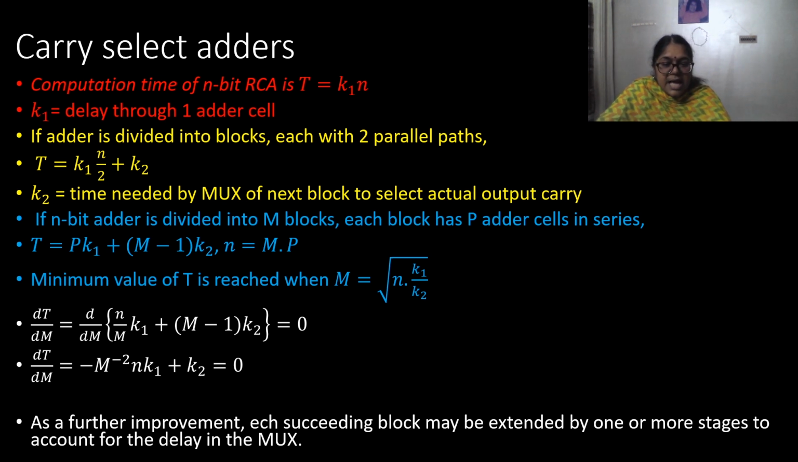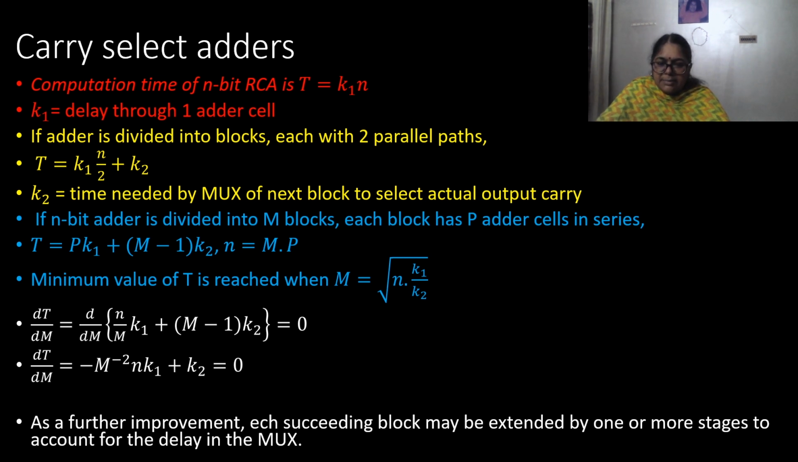Now, in the previous example I showed you, every block had 2 adders. Now, the second block is going to select its output using the multiplexer. By the time the second block is going to select the multiplexers, the third block may have one more adder cell. Instead of just 2 adders, we can have one more adder cell, which is going to take care of